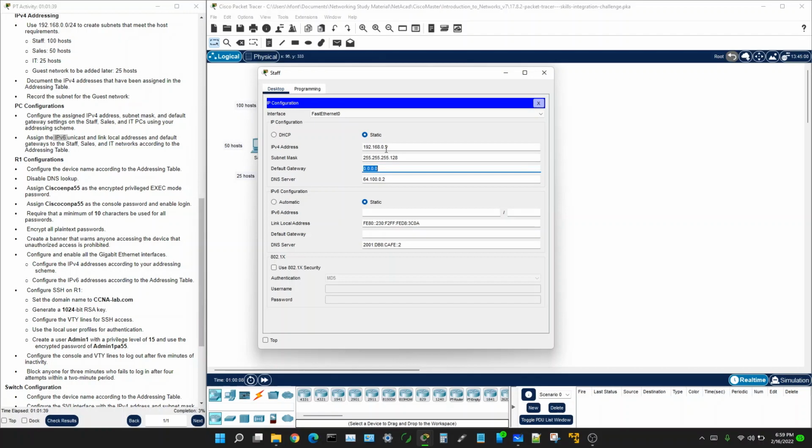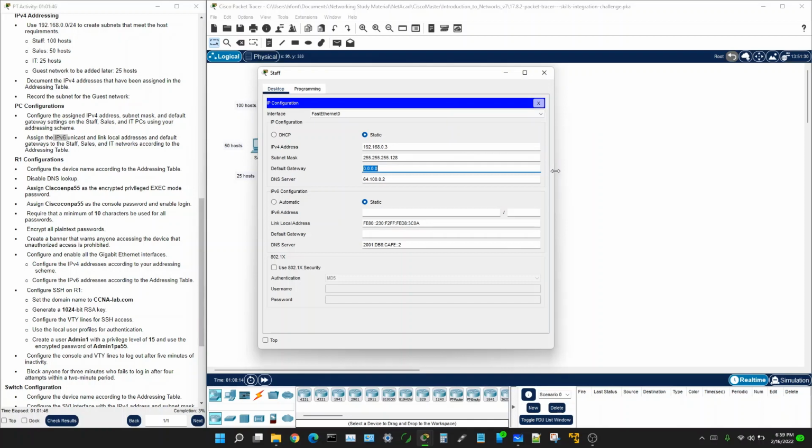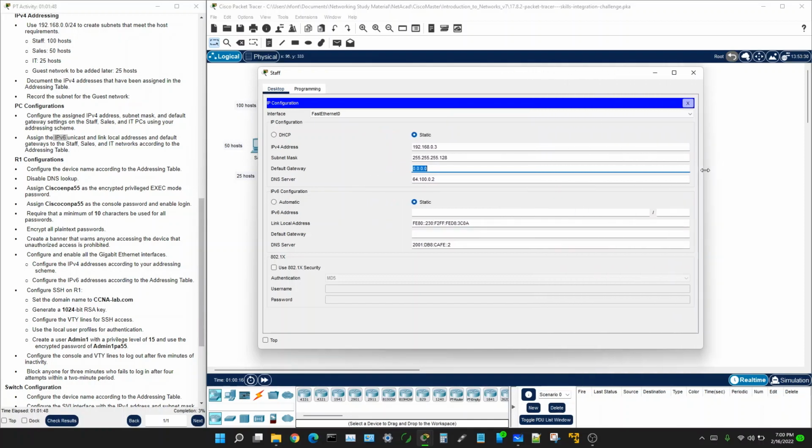The gateway, we said we are going to use the first address, so it's going to be 192.168.0.1,